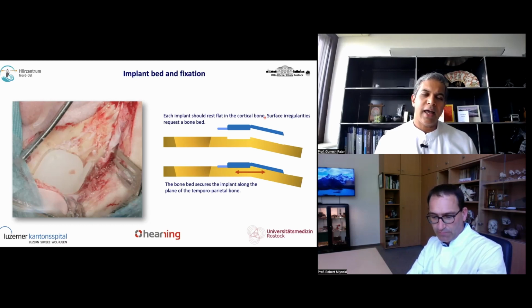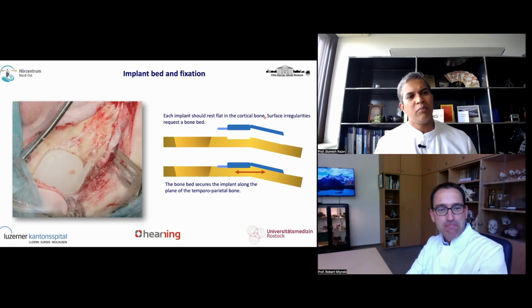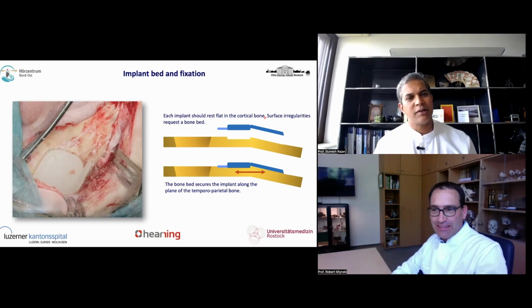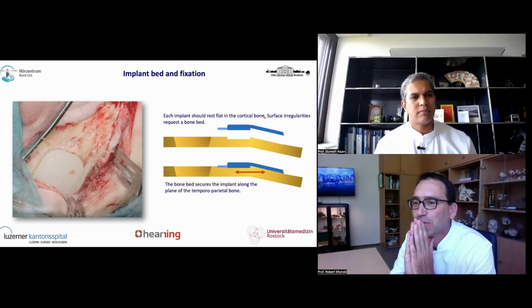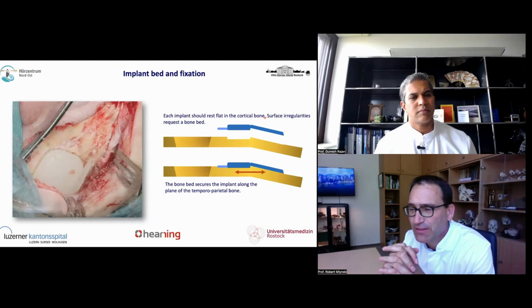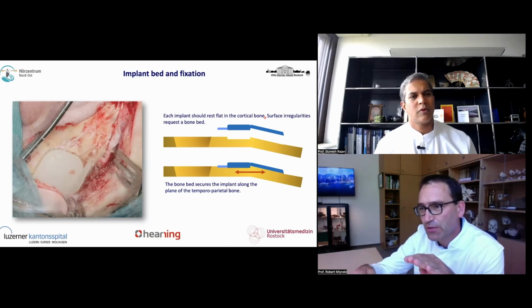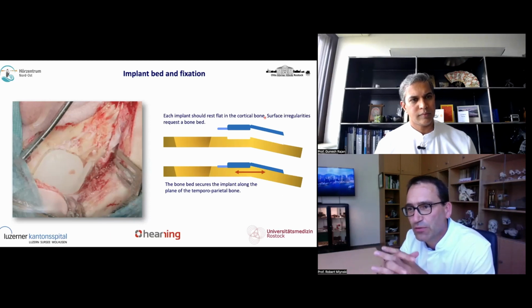What are your thoughts on the pins? There are some nice devices, actually, which are pins. To be honest, I haven't been using the pins since they were introduced. I was using them with the Synchrony 1, but with the Synchrony 2 I haven't been using them anymore. But the templates and things are much more thought out now. So if you do just a periosteum pocket, you can now nicely use the drill to do